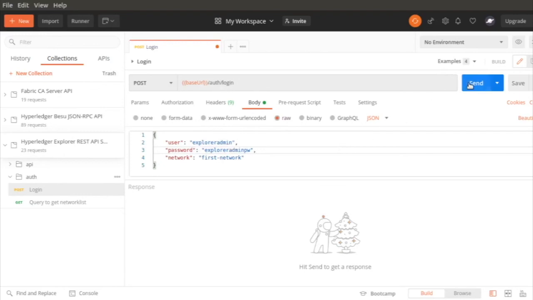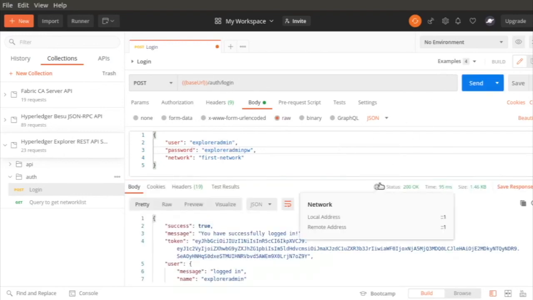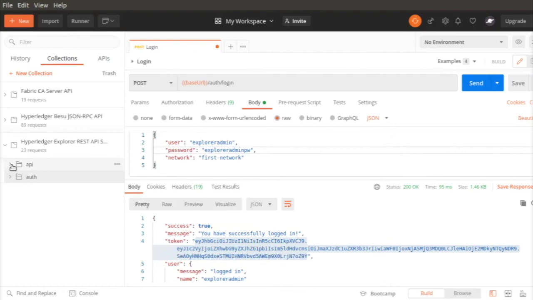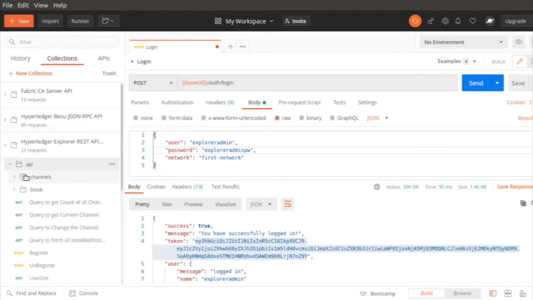Now let's hit the send request. Okay, so now you can see that we have successfully authenticated, and we got the token, the JWT token, and we can use this token in all of our future requests. So let me show you one more thing. I'm just copying the token, and now in the API folder, if I go to the channels folder,